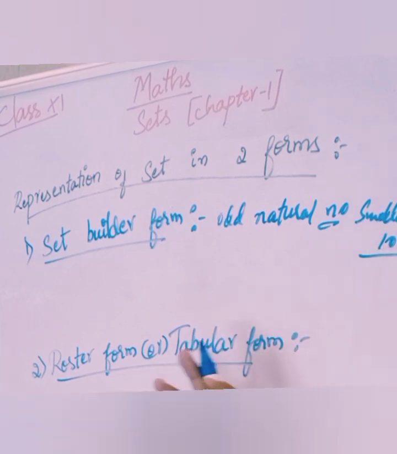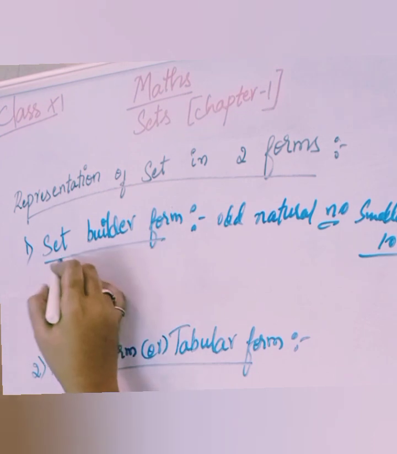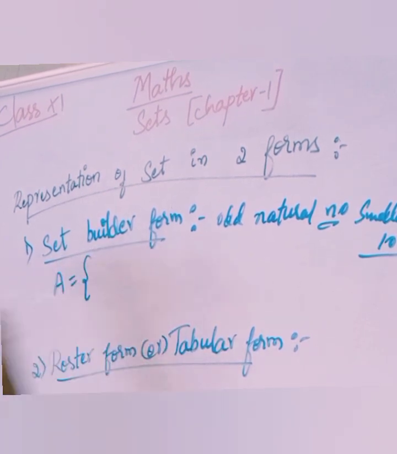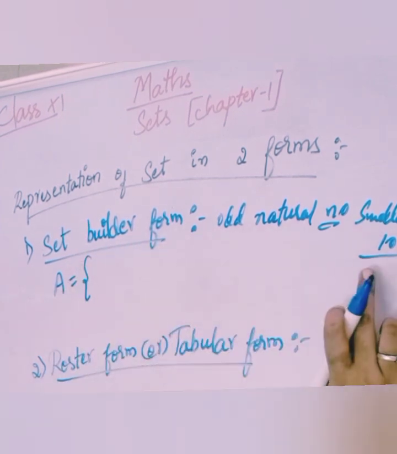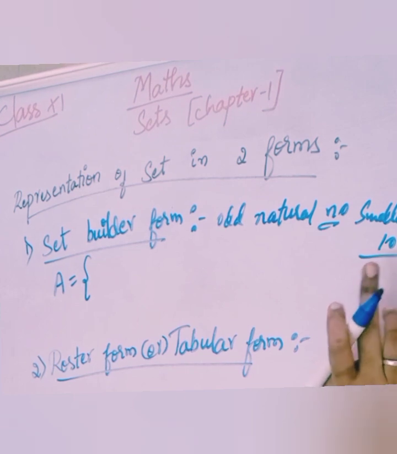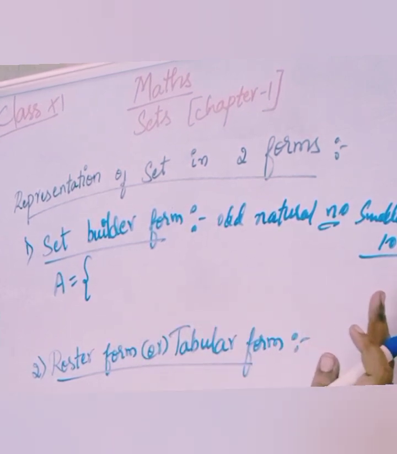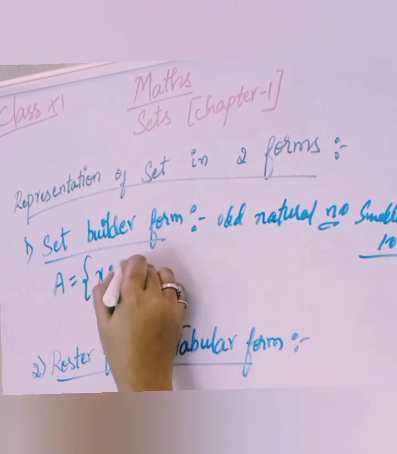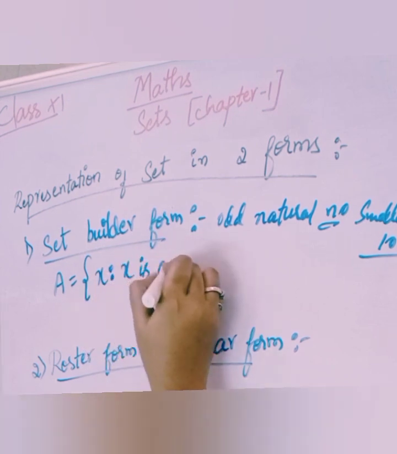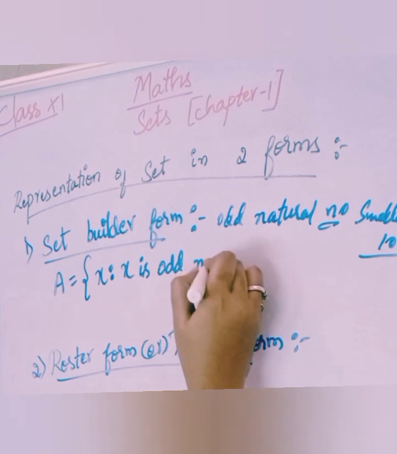But how to denote this one? So now I'll tell. First, I'll take this as a set A, and we need to open the curly braces, and first we need to write whichever number they said, 10. We don't know which numbers will come in between. Is it right? So therefore I'll take that as x, and x is an odd natural number